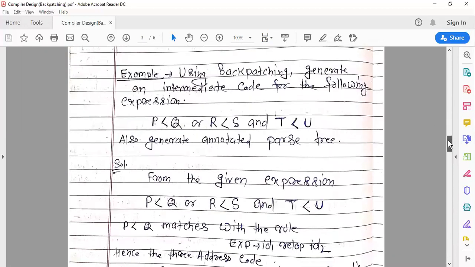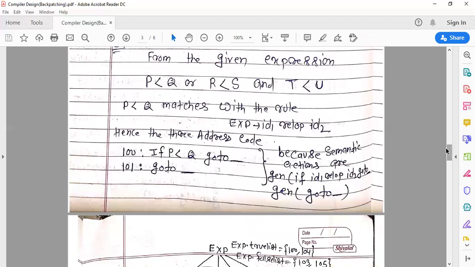So you can see here, p less than q matches the rule exp derives id1 relational operator id2, then it will generate if id1, where id1 is p and id2 is q, goto dash.